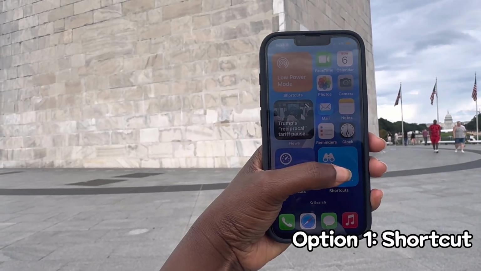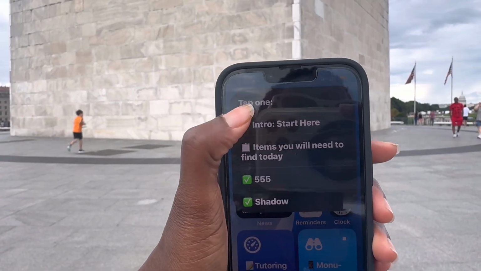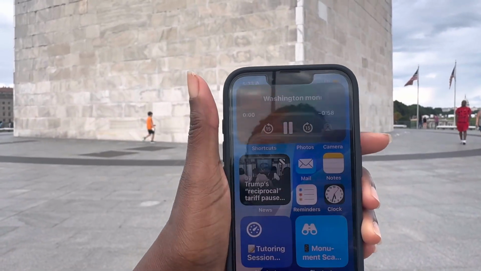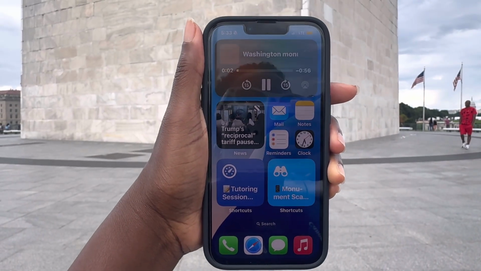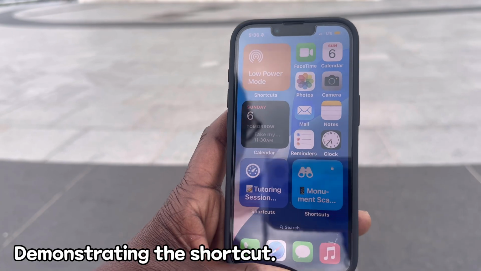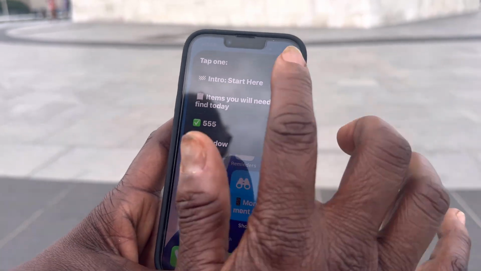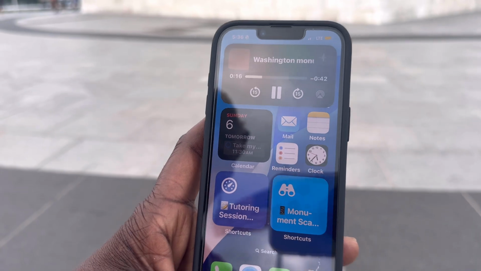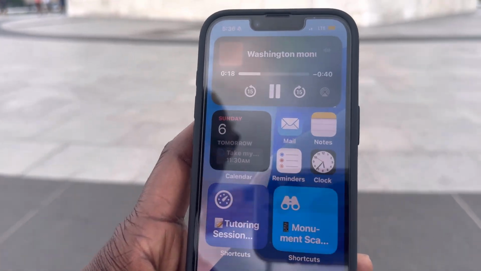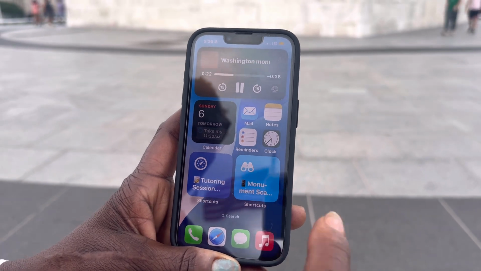So we're going to tap on the shortcut, and it says start here. Today we are visiting the Washington Monument, and we are completing a scavenger hunt. Tap it. Tap the first one. This tall marble obelisk stands 555 feet tall and can be seen all